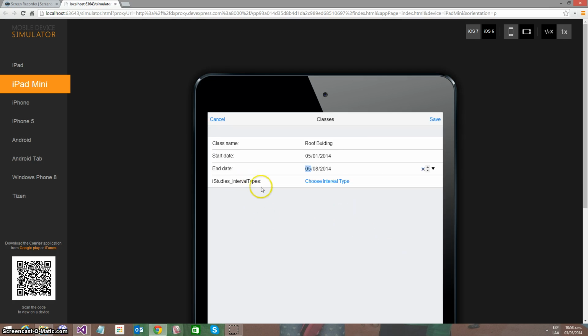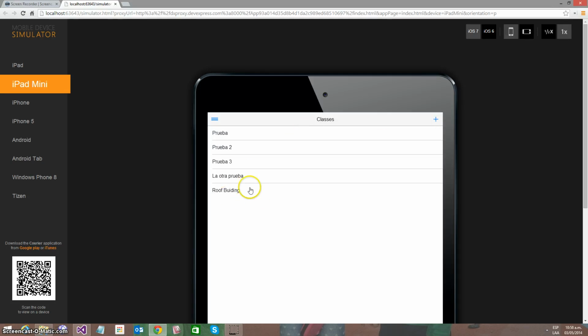So here I had to correct the label, but you can choose an interval type. That's until now you have daily or weekly. Let's put daily. This will create 7 books. I mean, this means that this class starts on the 1st, ends on the 8th, and it's a daily basis class. So excuse me, it will create 8 books, 1 for each date. When I click save,